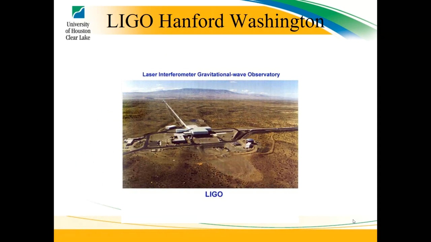So they built it anyway. This is the LIGO site at Hanford, Washington, and you can see the mountains in the background. That's the best way to tell it's not Louisiana. You can see that this is the main building, and you can see one of the arms and how long that thing is, going off in the distance.